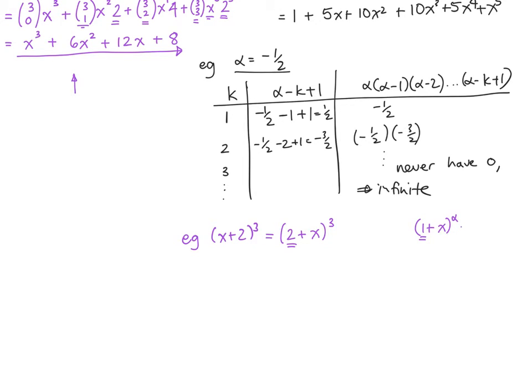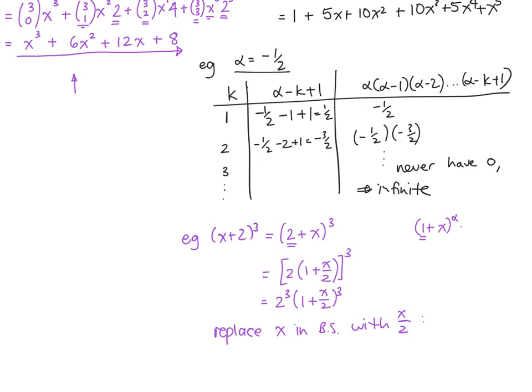So what I'm going to do is write 2 plus x as 2 into 1 plus x over 2. So I've taken out a common 2, and we need to have that whole thing to the power 3. But really this is the same as saying 2 to the 3 times 1 plus x over 2 to the 3. And now things are beginning to look quite useful. So in our binomial series we're going to replace the x with an x over 2,